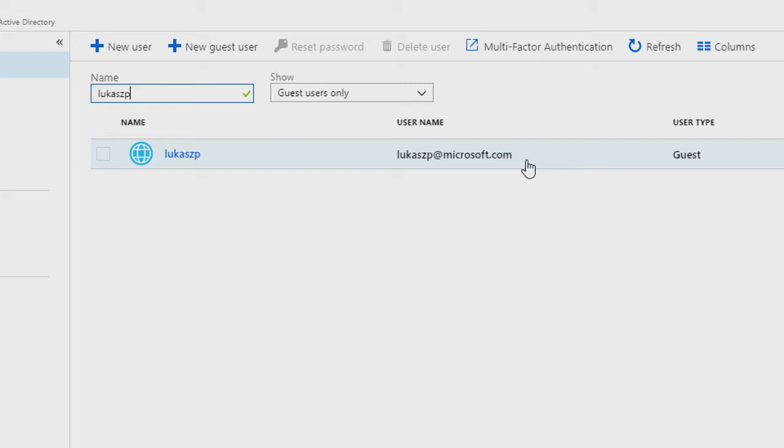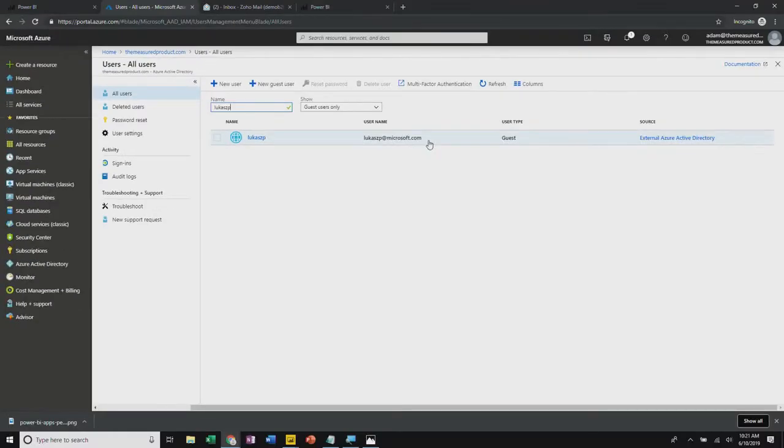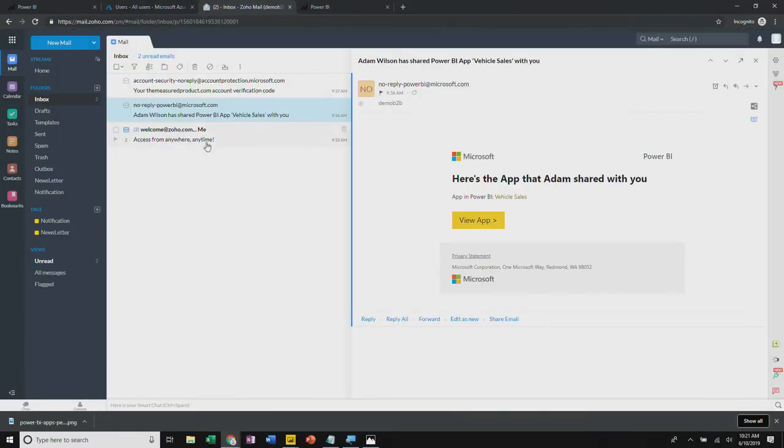And I can either invite using what's called a planned invite, so I can use this experience in AAD or a PowerShell script. Or if I had not been already in the system when I typed wukashp@microsoft.com in Power BI, if it's enabled, we'll send an invite. So the user gets invited. Now, what does that look like? For the sake of this demo, I just created a little fake inbox here. And what you'll notice is this is an example. So Adam Wilson at the measured product invited me to vehicle sales.